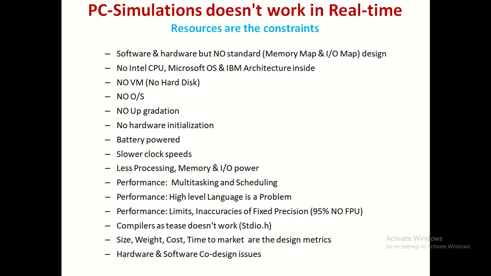Another performance parameter is my numbering system. When I do simulations in MATLAB or Scilab or C, C++, Java, I have the luxury of using floating point numbers, double floats, etc. The reason, as I already mentioned, is that desktop systems first of all have an inbuilt floating point arithmetic unit. Second, they use the compiler and the operating system, which make use of virtual memory and other resources to do your simulations.